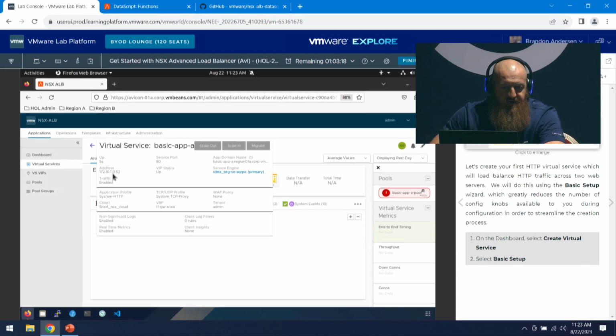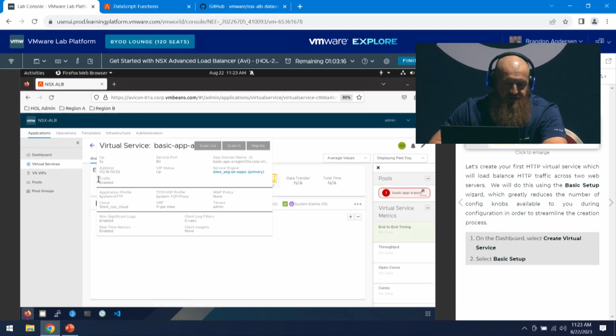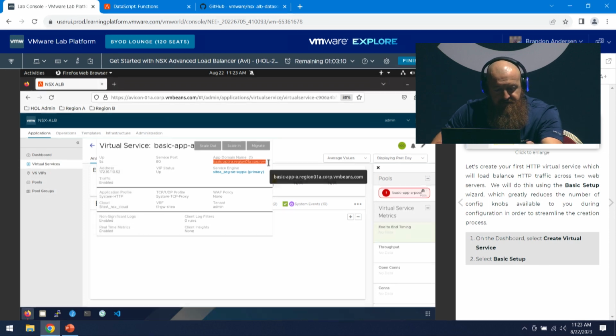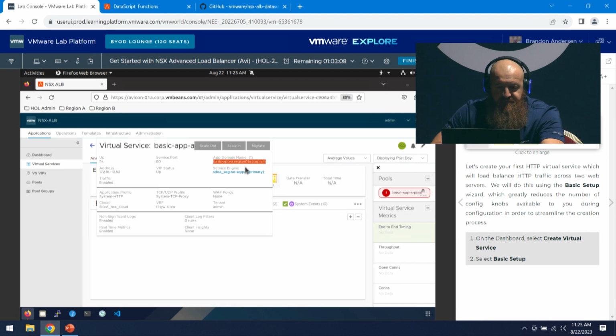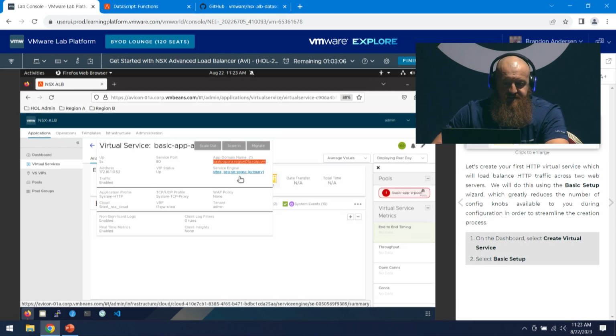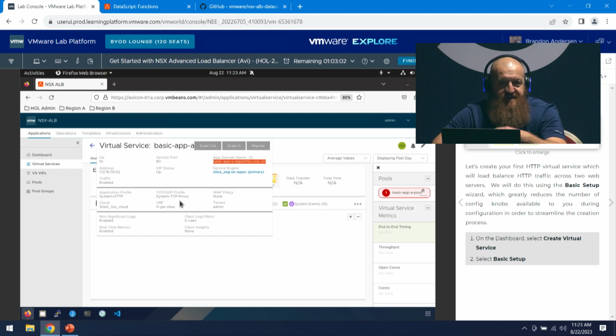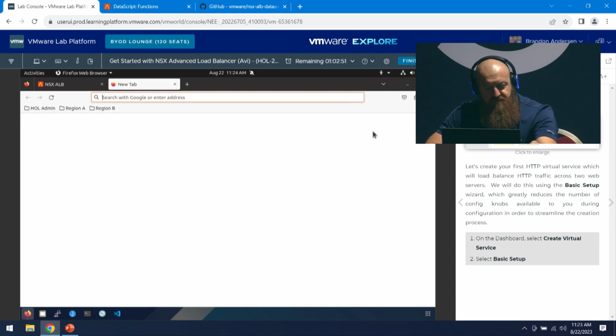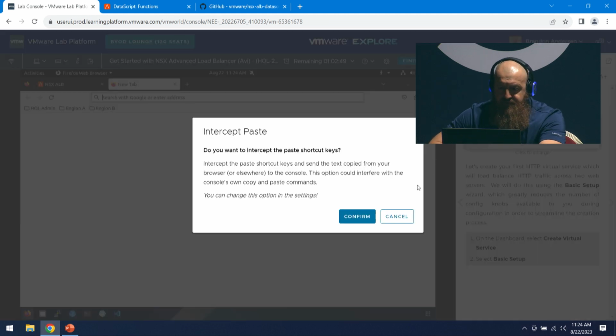So you can see that we grabbed a 110.52 IP address. Our traffic is enabled. We're running on service port 80. This is our FQDN, cut off a little bit. The service engine that it was placed on, the application, and I did forget to mention that when you select the HTTP application type, it's going to put in the default network profile for that. So if I want to go test that traffic or that VIP,